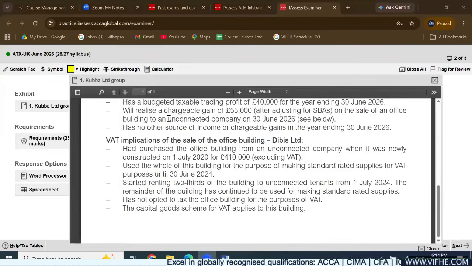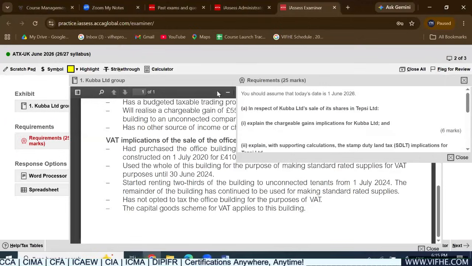I hope by now you must be done with the entire exhibit. Now I'm going to click on the separate tab which entails all the requirements related to this question too. And the same scenario is going to be with question number 3. Now in this question,